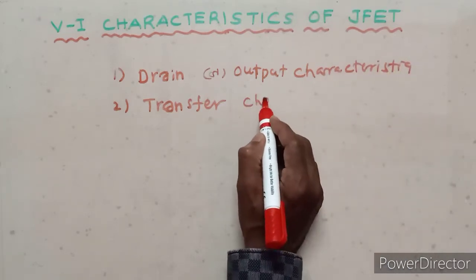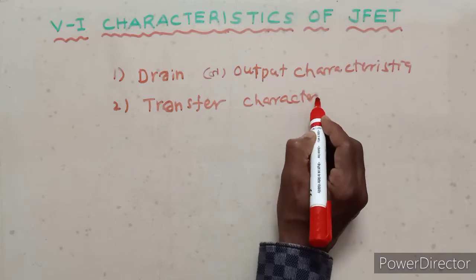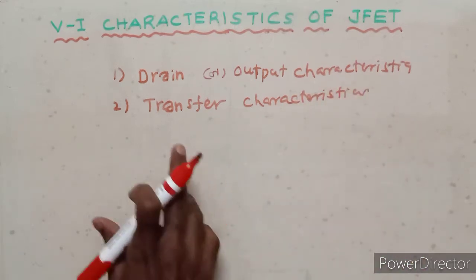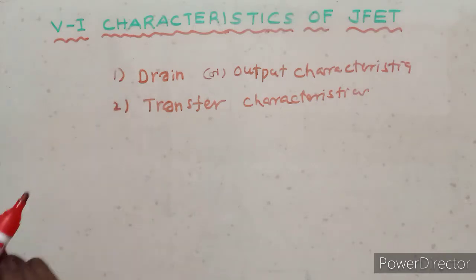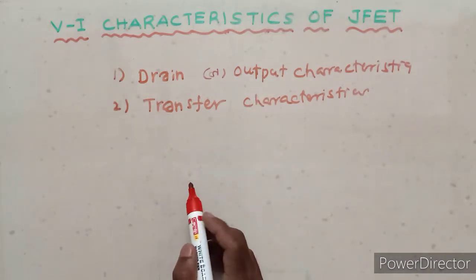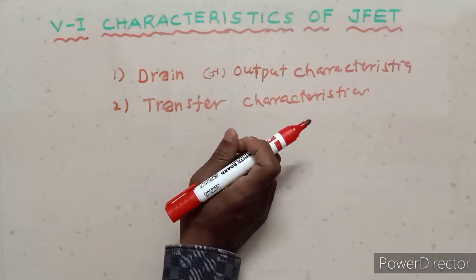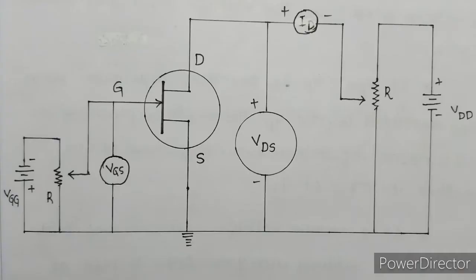This is the transfer characteristics. So there are two characteristics. First one is the drain characteristics, second one is the transfer characteristics. For the purpose of the discussion of characteristics, first of all